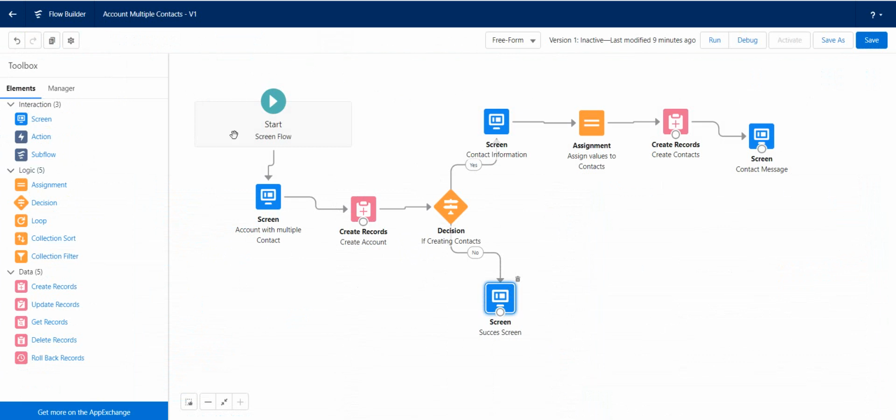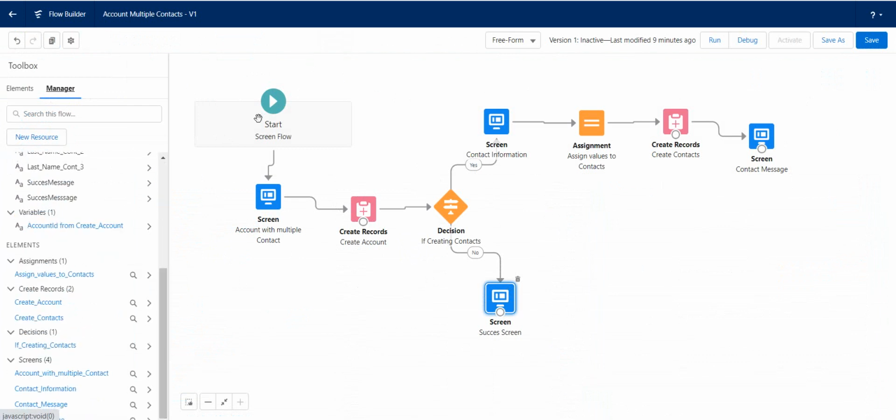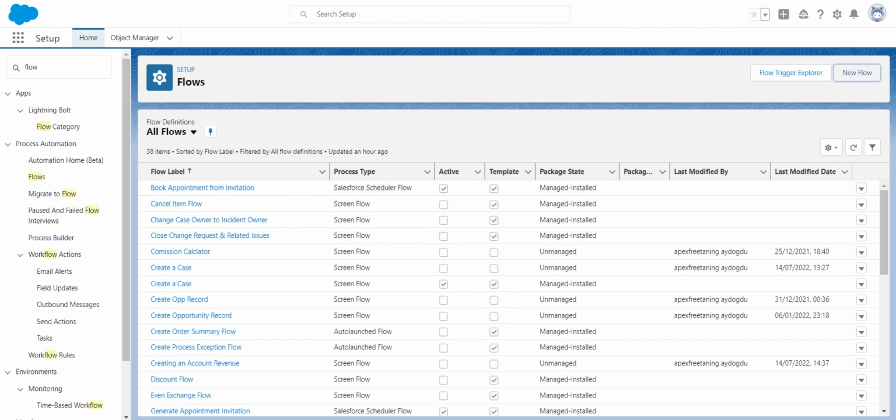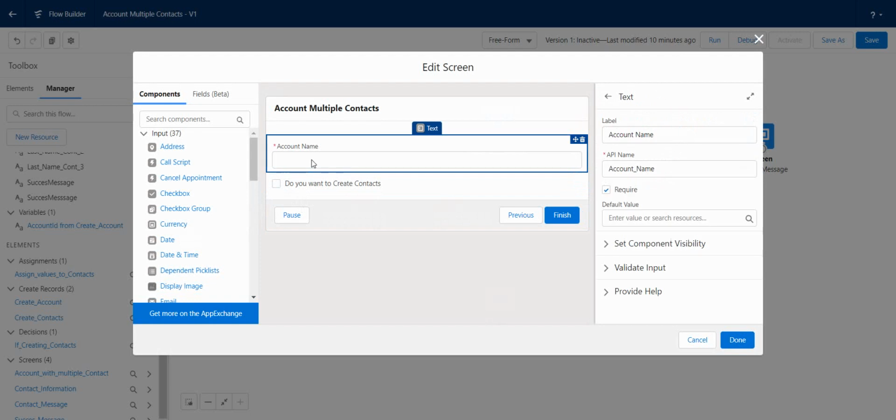contacts for an account. So what I have done here, the first thing: you come to Flow and create a new one, and then you select Screen Flow. The first step: if you are going to create contacts, and contacts depend on account, you need to first create an account. As you can see, this is text, and then